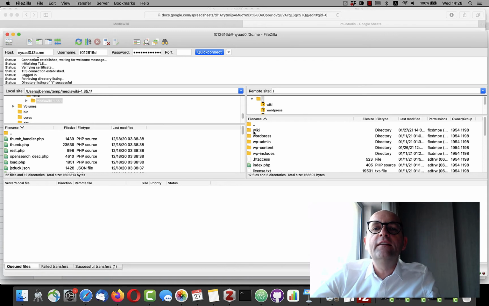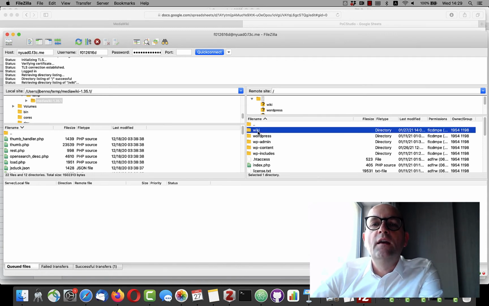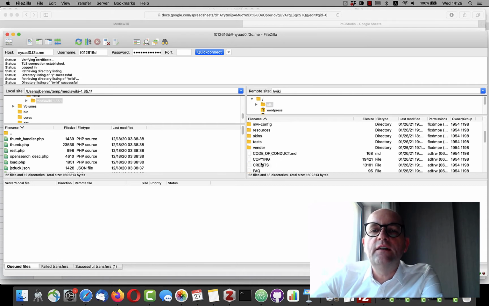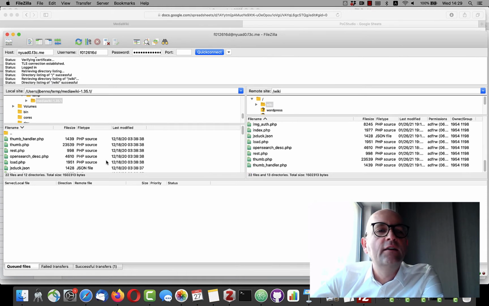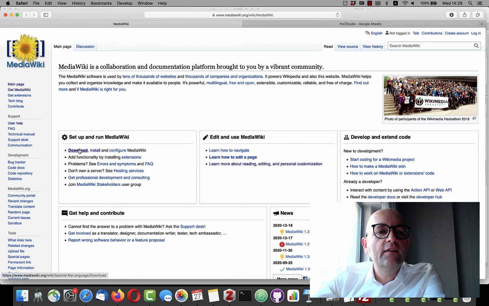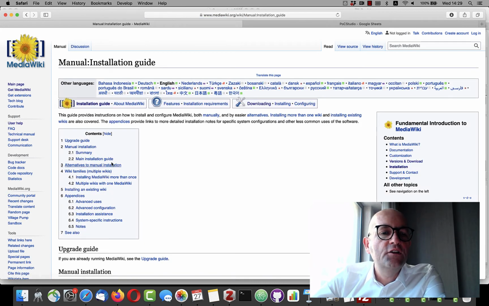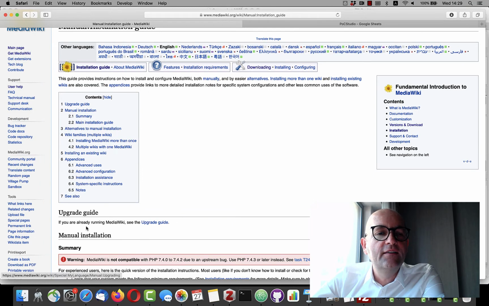And then I've created a folder that I call Wiki. So I did that, and I uploaded the files already. So these are all the files that you find here on that side in the expanded downloaded installation file. So this is it, and then we go to install, and the installation guide is very simple.